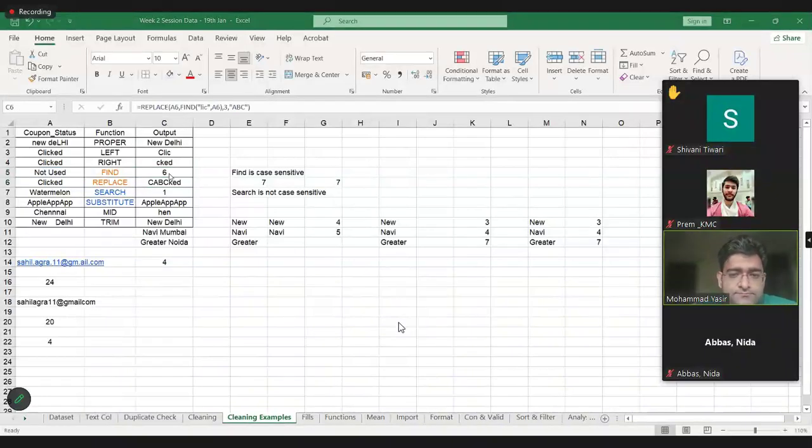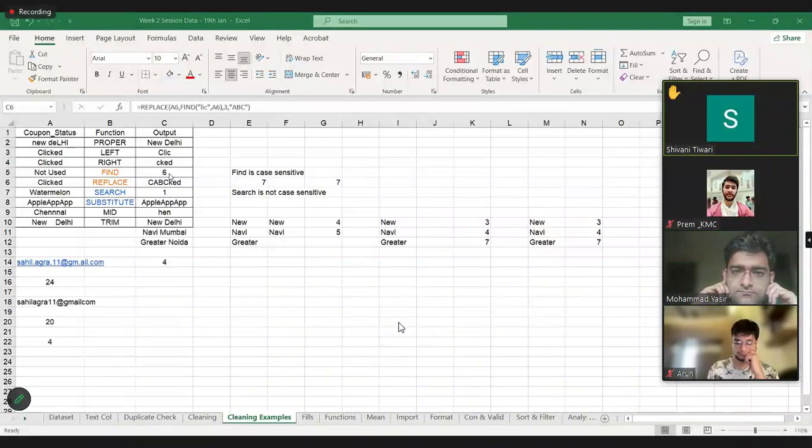Yes, Shivani? Hi, sir. I have a question regarding this clicked thing. If we have a huge amount of data, what is the use of this left or right? I'm not getting it very clearly.